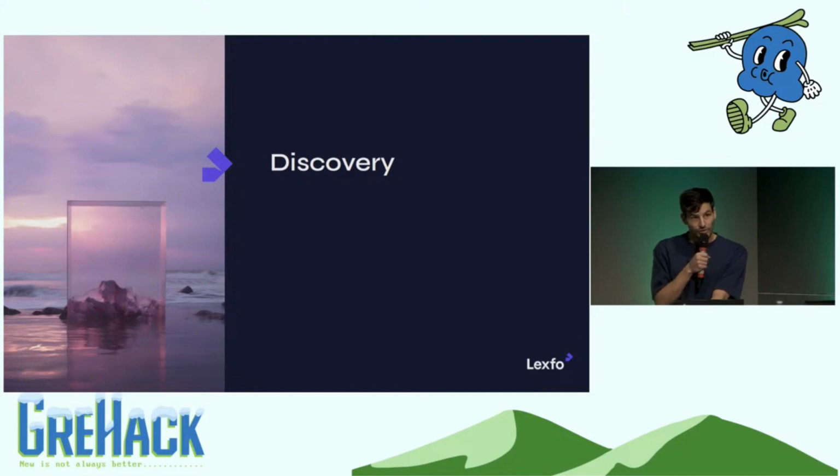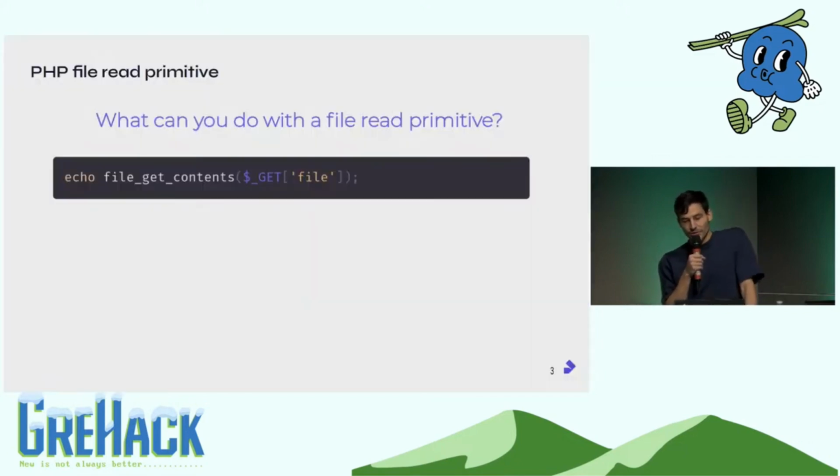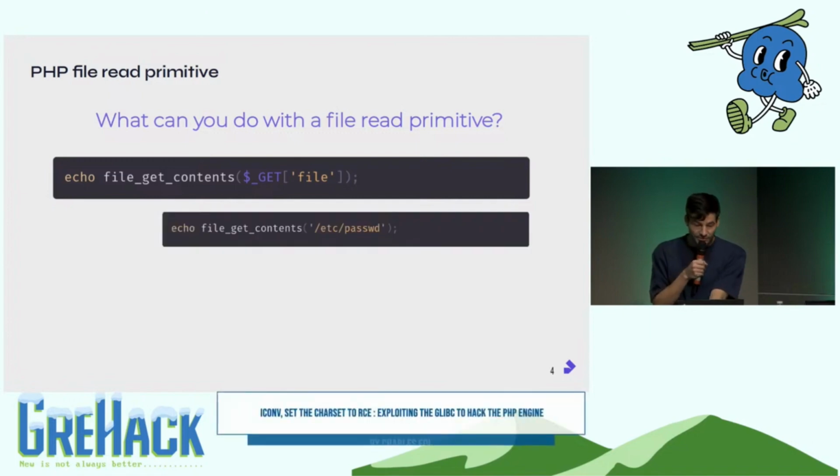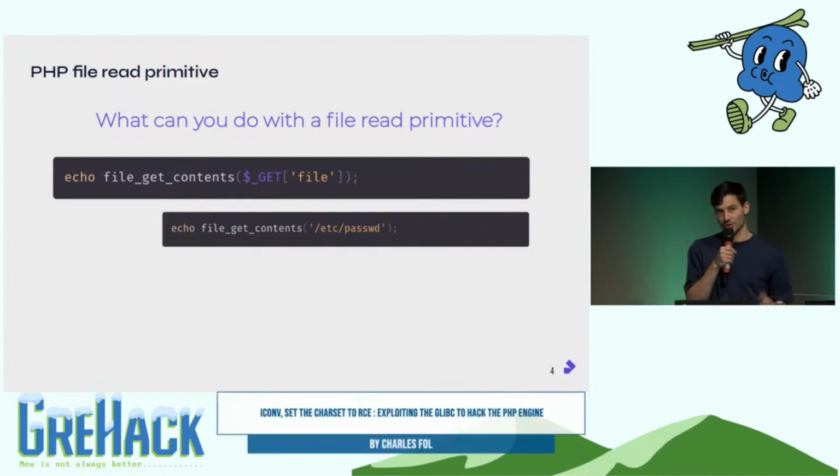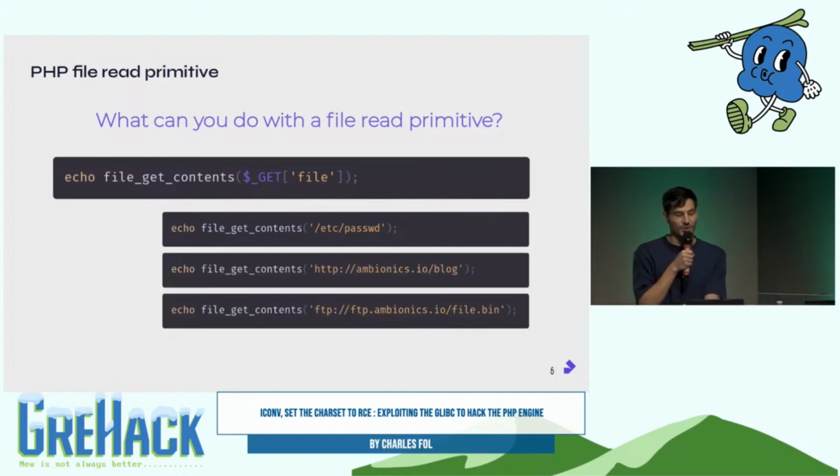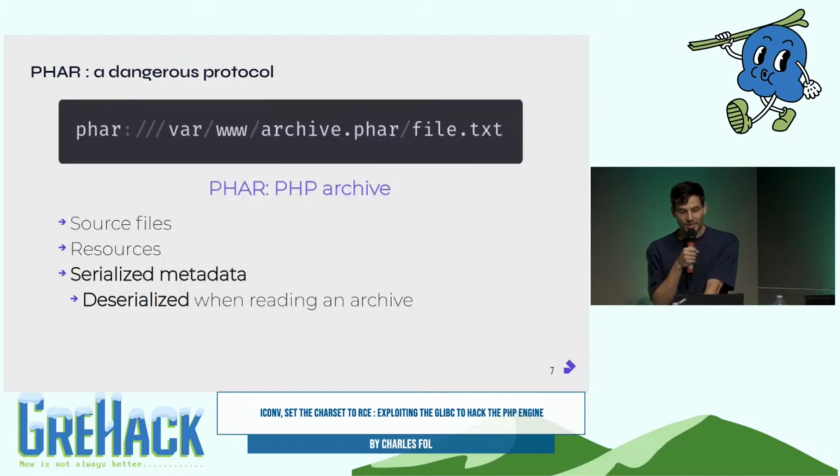Discovery. So the most important part is what can we do with a file read primitive in PHP? That's the starting point. Well, obviously we can read a file, okay? So we can read /etc/passwd, it's already a pretty good bug. But since it's PHP, we can also use network protocols such as HTTP or FTP. That all works. So it's basically an SSRF as well. So it's pretty good. But it's even better because there are also other PHP-specific protocols that we can use, such as